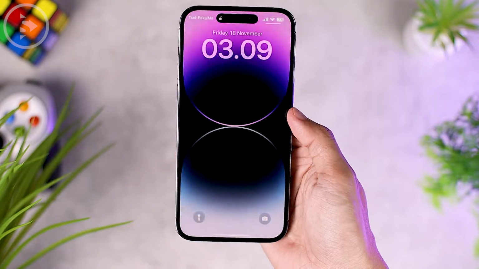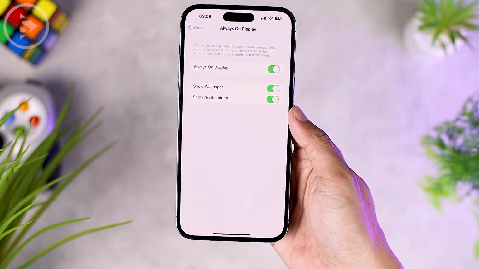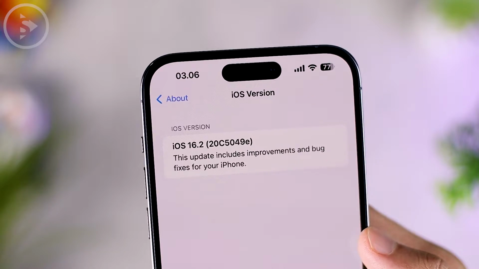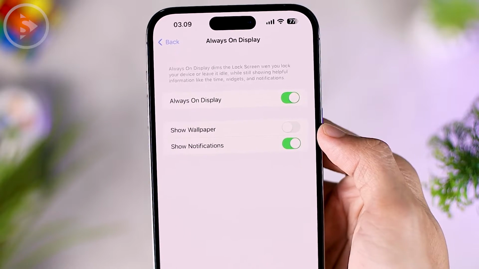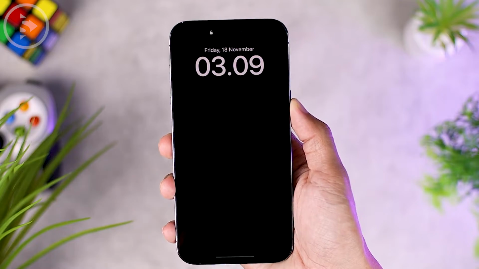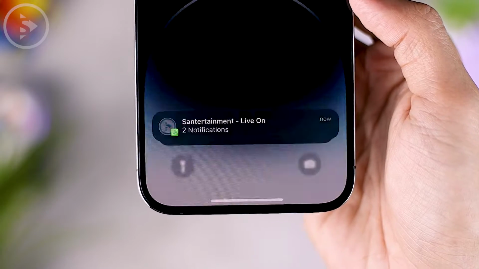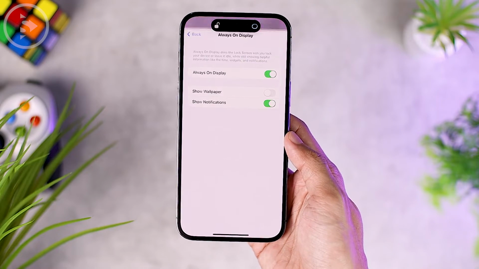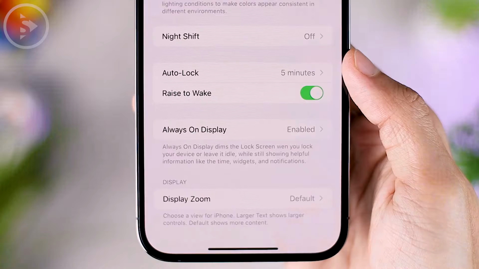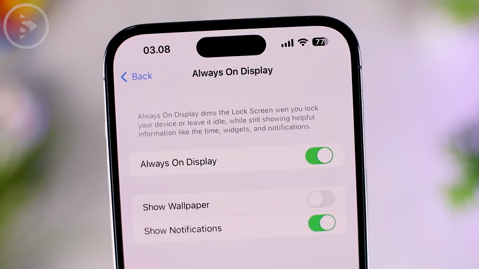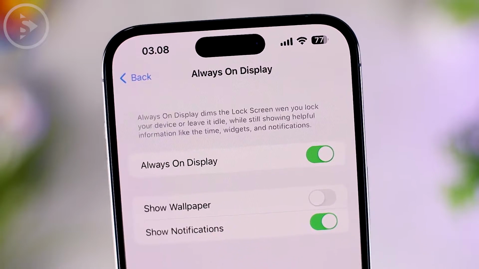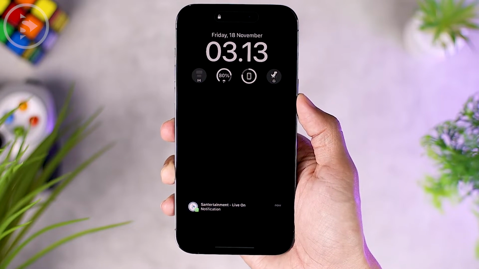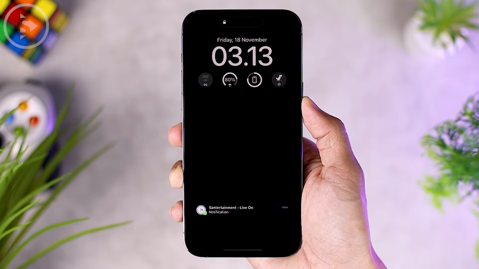And fortunately, in the latest iOS developer beta version on the iPhone 14 series, Apple has added the latest option to disable the always on display with wallpaper. So now you can get an always on display with a true black background, which of course could save more battery. The latest design of always on display on iOS 16.2 beta can now be activated without displaying wallpaper. And of course, it can display the important information only, such as clocks, widgets, dates, and notifications.